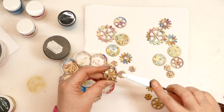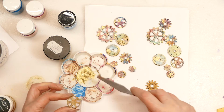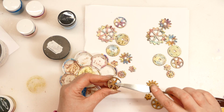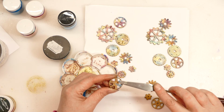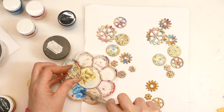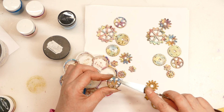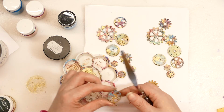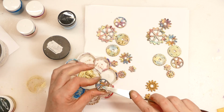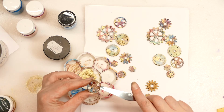Now the other thing is this gel medium dries clear, so at the minute it's looking slightly more white than it will when it dries. And as I'm applying it, I am just sort of patting down. So this hasn't had any primer on like the other ones had. I'm literally just going straight in with my mixed up product and tapping it, and then we are getting quite